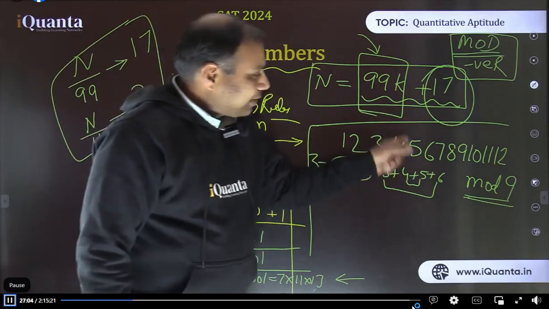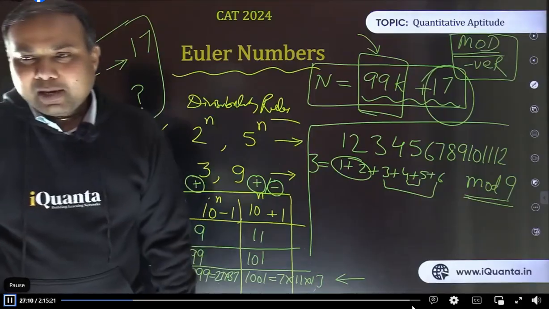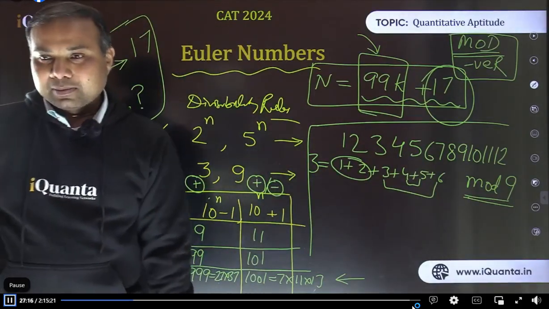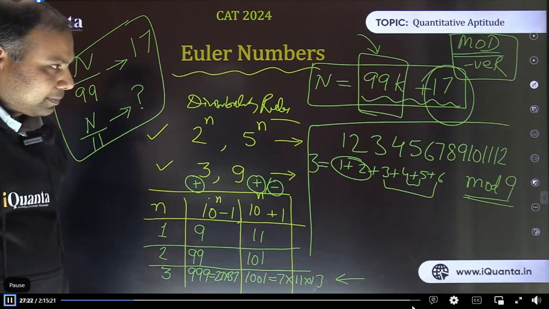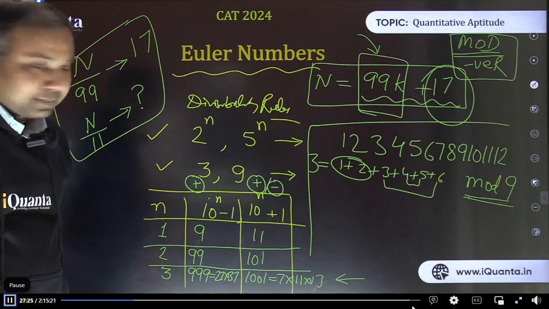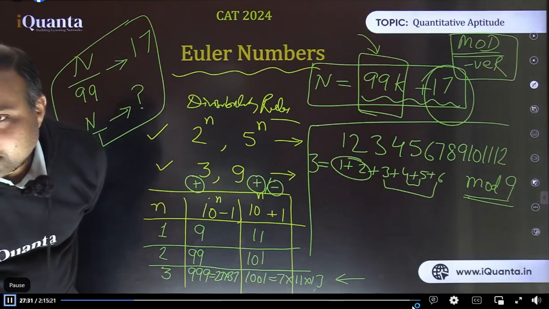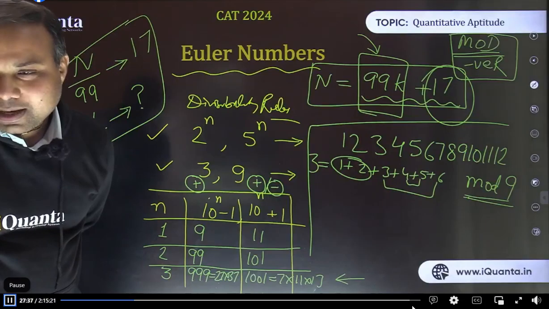1, 2, 3, 4, 5, 6, 7, 8, 9, 10, 11, 12. Now this is a large number. You have to tell me what will be its remainder when this number is divided by 9. Please find out your answers. Okay, I've got one answer. Shrimi Shankar says 6. Many of you are saying 6. In between I saw some other answers as well, -8 or 3. But most of you are saying the answer 6.